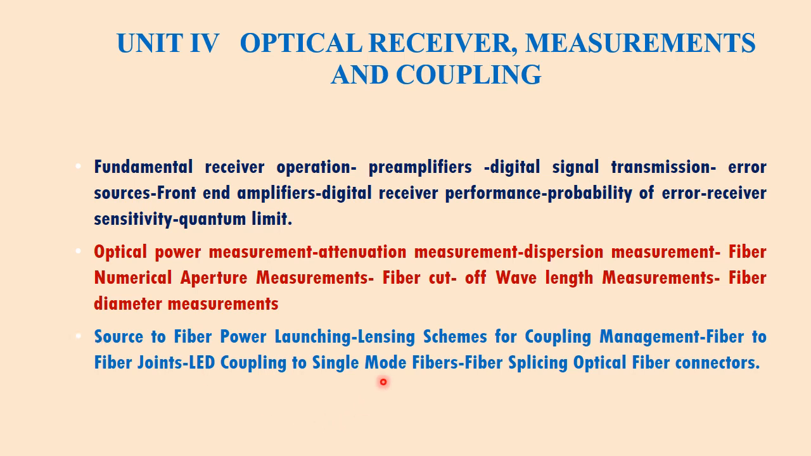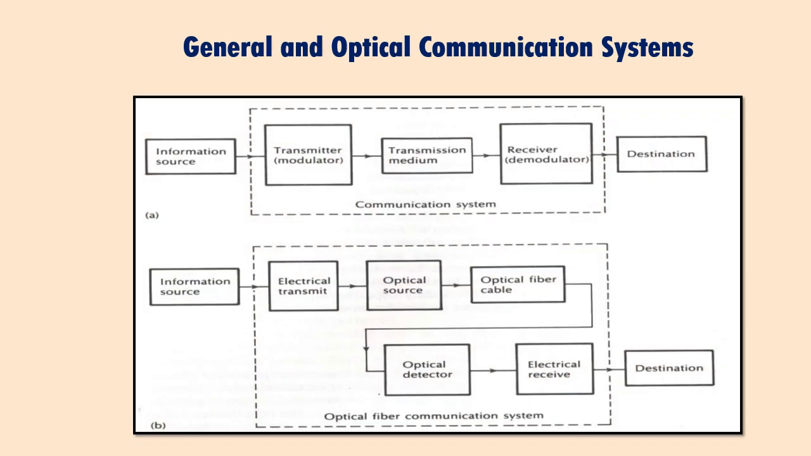So today in this session we are going to discuss the fundamental receiver operation of optical communication. So here it is. This is the block diagram which will give you the differences between the general communication system and the optical fiber communication system. So we know the basic difference between these two. In the case of a general communication system, the transmission medium may be copper wire or it may be an air medium. But in the case of an optical fiber communication system, the medium is nothing but optical fiber